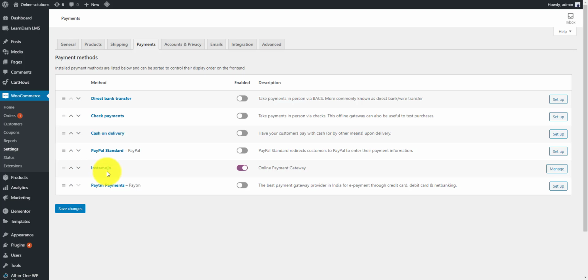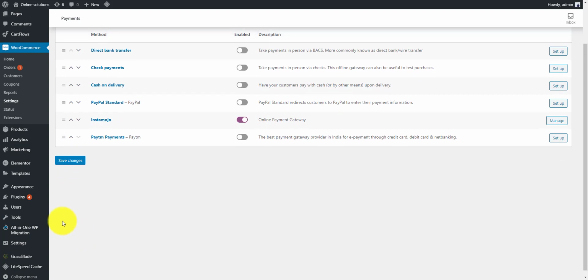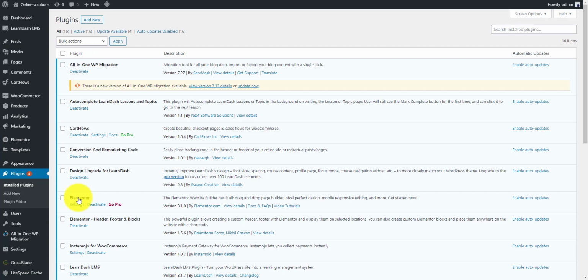What happens with InstaMojo is that it is straight away connected with my bank account, and I can straight away receive the payment. In order to have InstaMojo linked, it's very simple. You just need to make an account on InstaMojo and provide a few credentials so that your account becomes activated, right?